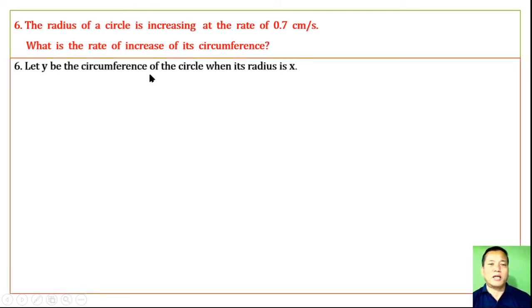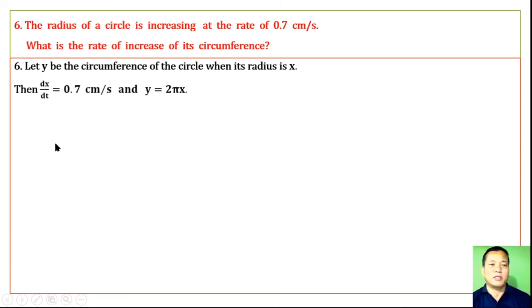Let y be the circumference of the circle when its radius is x. Then dx by dt, the rate of increase of the radius, is 0.7 centimeter per second, and the circumference of the circle is